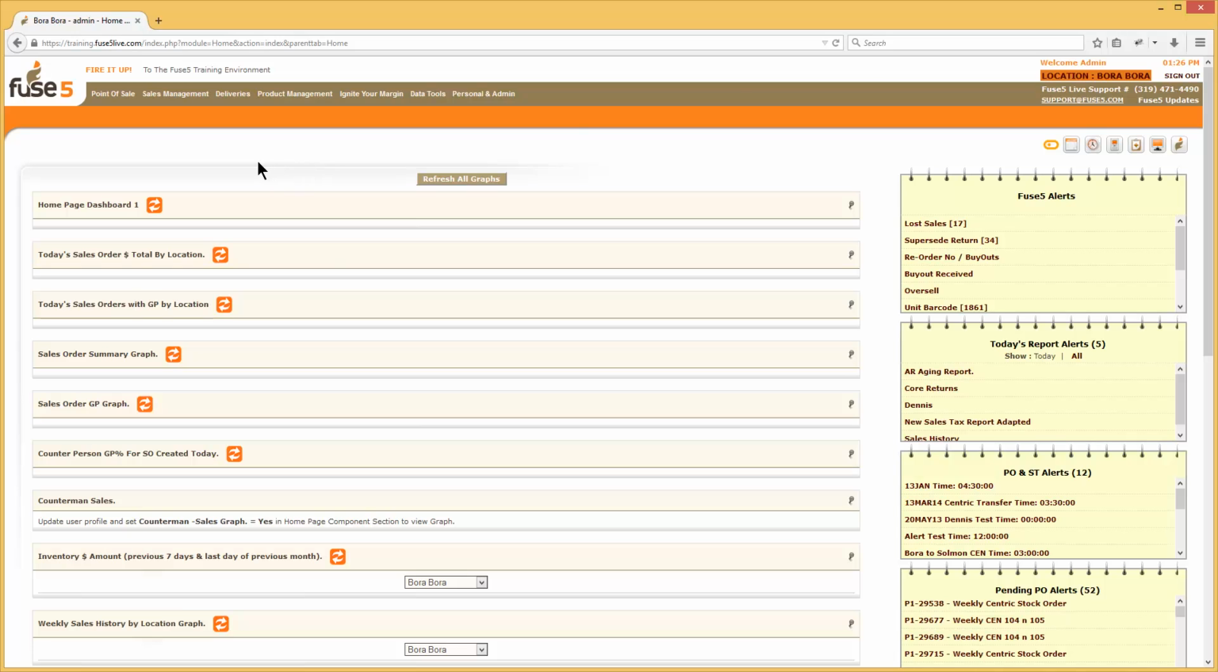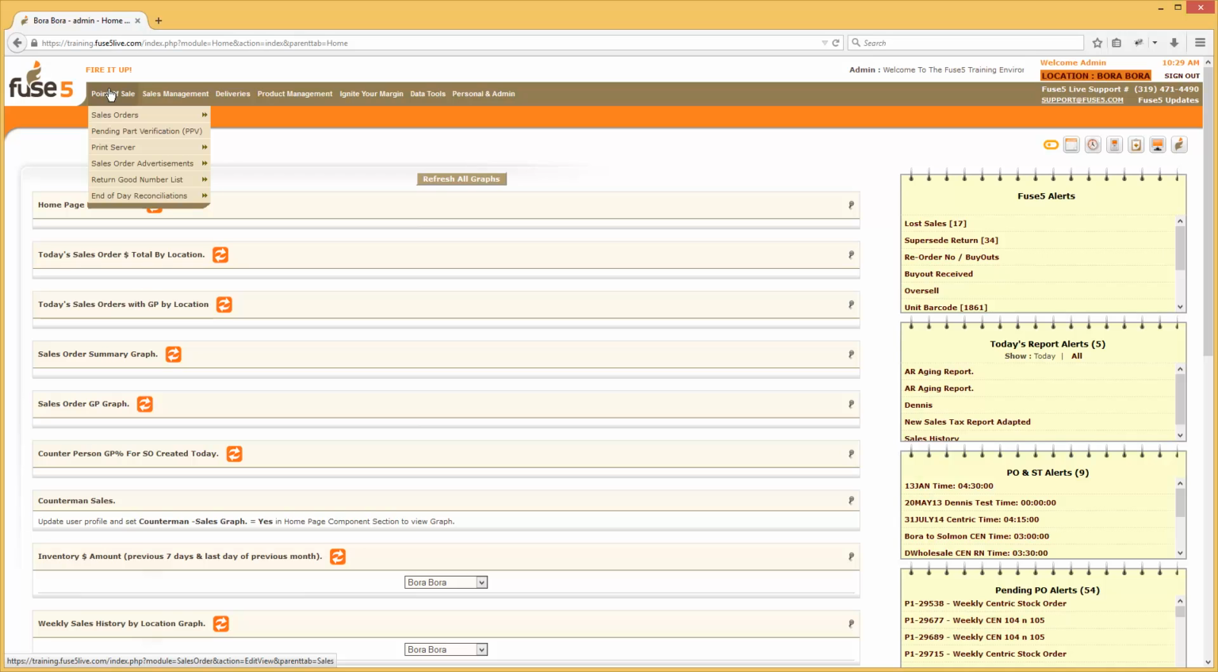On the home page, you'll also notice that there are many different tabs running across the top here. As I hover over them, you'll notice that there's more information. Just like we saw with the open all menu, this is the main way to navigate through Fuse5. If I hover over point of sale, you'll notice that I see several pieces of information here. The main one that you'll be using out of this module is the point of sale. So if I click on that,